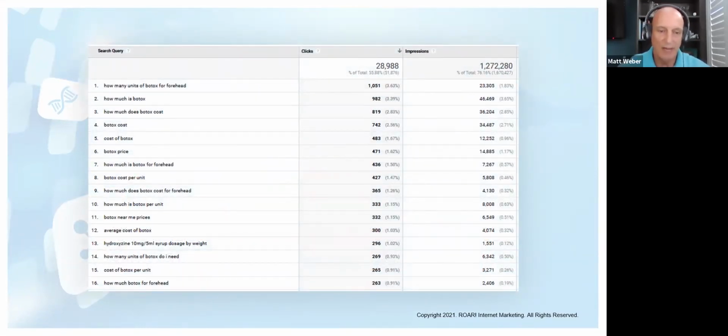You can look at a lot of plastic surgeon websites, and this data is from a plastic surgeon website, and you will see a page about Botox. I think Botox last year cracked the top 30 or top 20 pharmaceuticals sold in the United States of America. So almost every plastic surgeon has on their website a page about the benefits of Botox, and they've got before and after pictures of Botox, and they extol the age-defying impact of Botox. But when you look at the data, like when you look at the screen, and these are actual queries from a real plastic surgeon website,